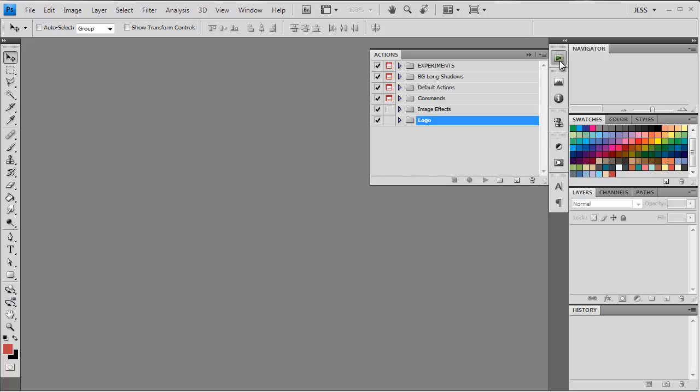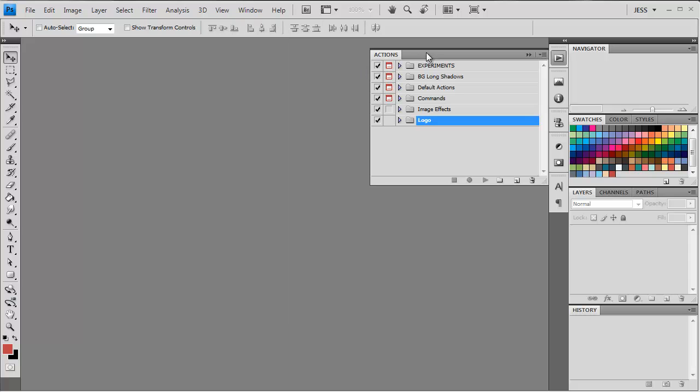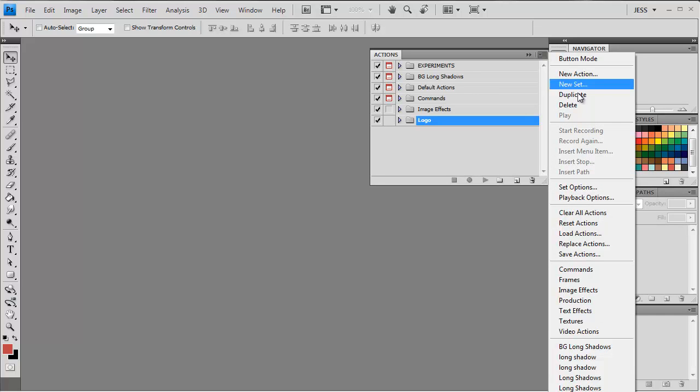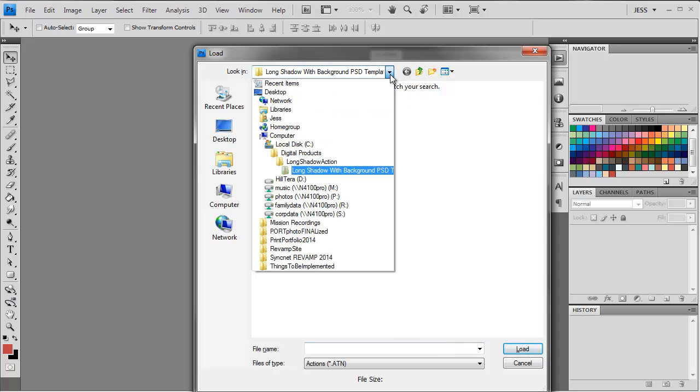This can be found if you have it up here in your toolbars, or if you can't see this, you can also go to window and then make sure this is checked, and this will be your panel through which you're going to use your actions. And all you have to do is click on this button in the corner, say load actions, and then go ahead and find the file where you saved the long shadow action,